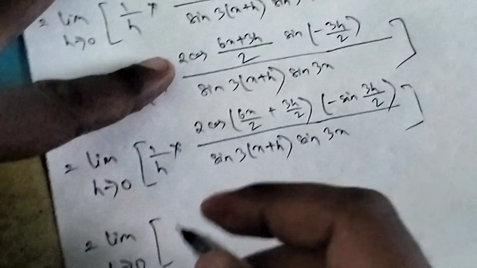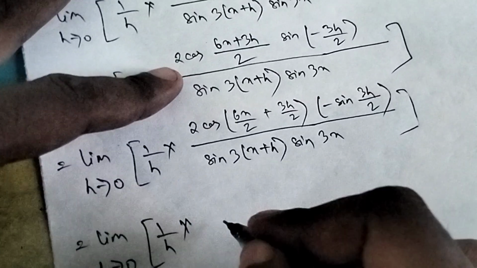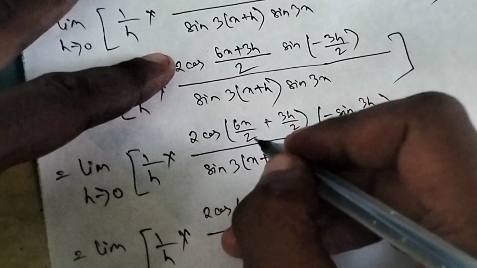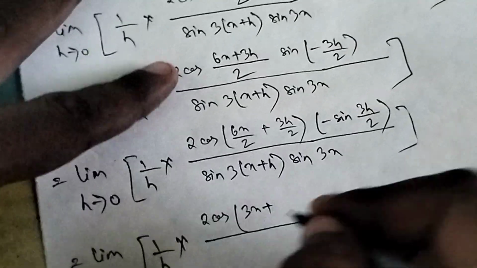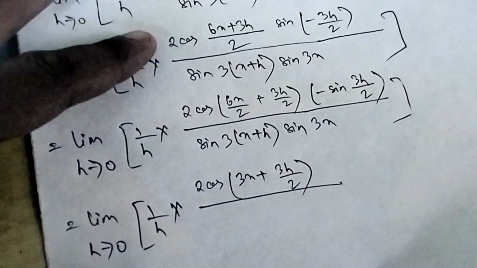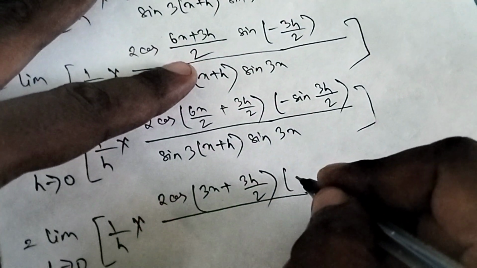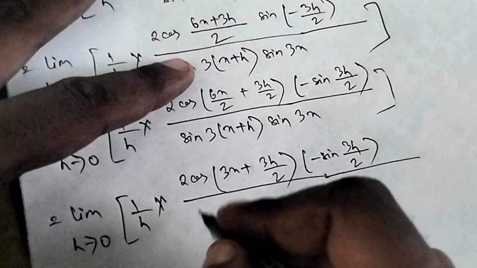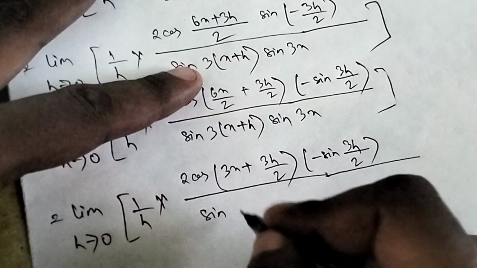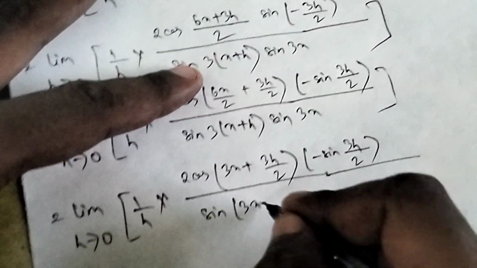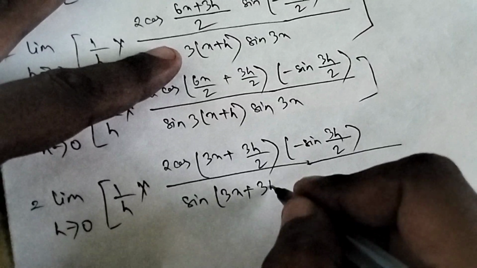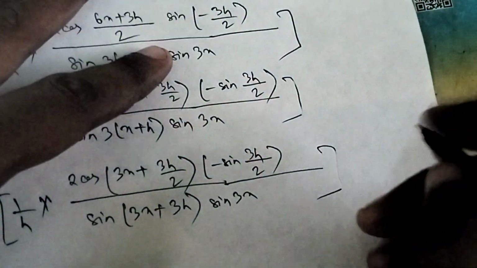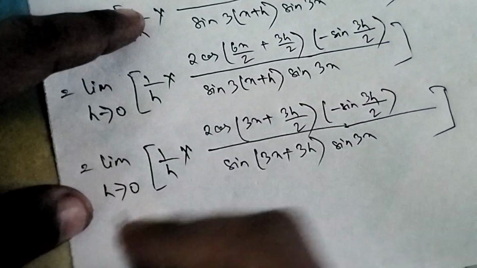So this will be limit h tends to 0, 1 by h into 2 cos of (3x plus 3h by 2), and it would be minus sine 3h by 2, and in the denominator sine 3 into (x plus h), we can write it as sine (3x plus 3h) into sine 3x. So this will be,